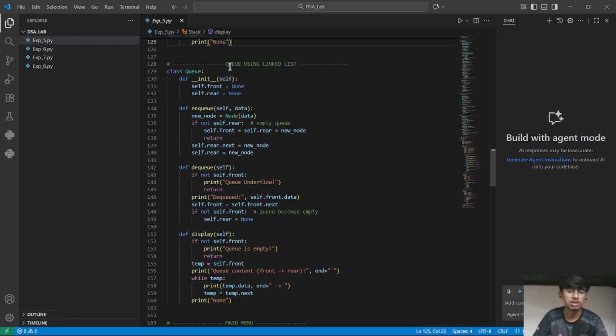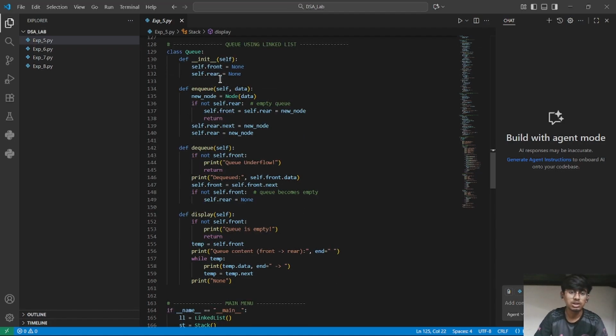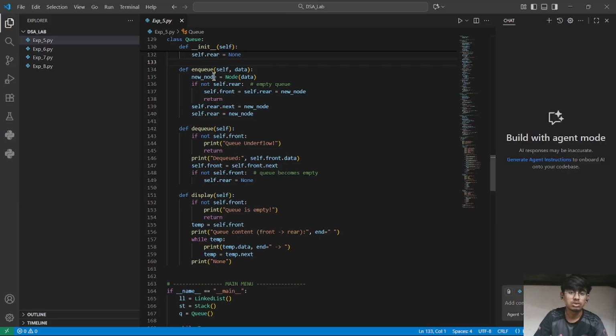And queue: here we are implementing queue using the linked list, in class Queue. We are declaring the front and rear to be None. If it is an empty linked list, both of them should be None. And define enqueue. Enqueue is where you add an element to the rear of the linked list. So new node is equal to creating a new node. If not self.rear,